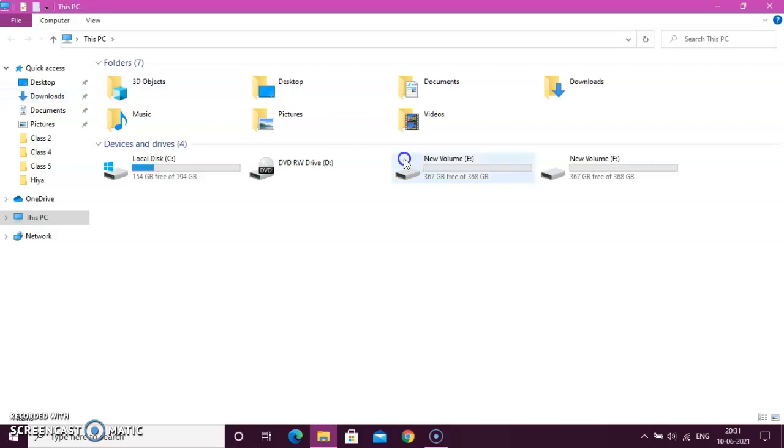So I hope children, I have taught you about icons, sorting desktop icons and using the computer icon. I hope this much has been clear to you all, and I would request you all to kindly practice all these three topics if you have a PC at home. Those who don't have, it's fine, but those who have, please practice it at home.